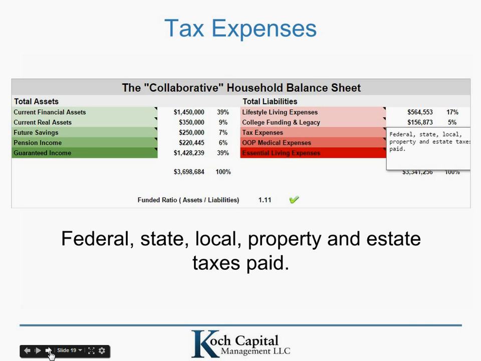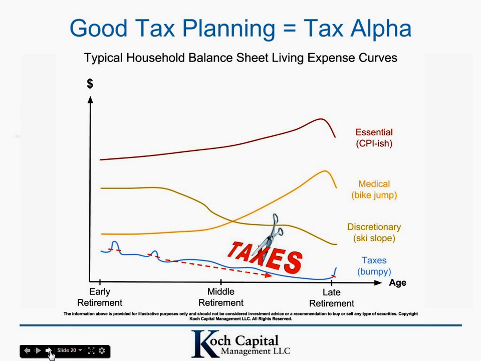Tax expenses is interesting. We break that out separately. I would consider it an essential expense, but it's something where an advisor can actually add a good amount of value by really being on top of the expenses, because the problem with taxes is they can be very unpredictable if you don't plan for them. If you sell a business or inherit some money, or have done incorrect estate planning, you can get real bumps in any given year that draw down a fair amount of cash, and you really want to be prepared for those. And that's part of the reason that we break out taxes by itself,